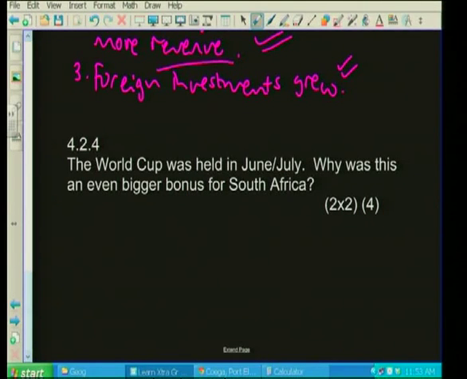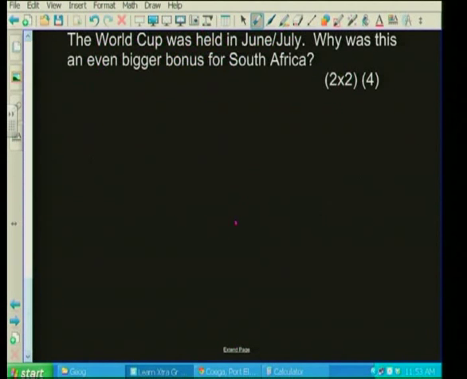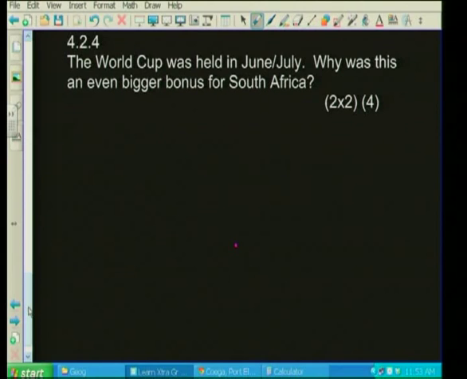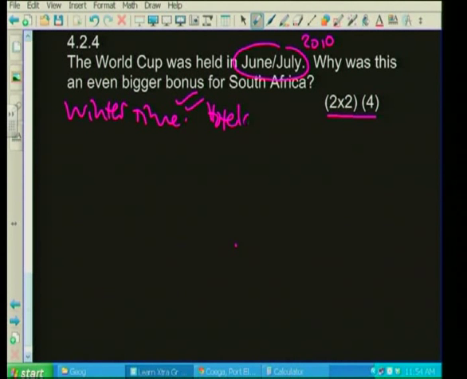Question 4.2.4, the last one here, for 4 marks, and then this totals a section here for 30 marks as part of this human geography part of the paper. The World Cup was held in June, July 2010, remember? Why was this an even bigger bonus for South Africa? For 2 times 2, 4 marks. All right, first of all, that is winter time in South Africa, so now you have to bring a little bit of your climatology learning and apply it to your economic geography. Winter time in South Africa, 2 marks, and that means that hotels are less busy in our sort of off-peak